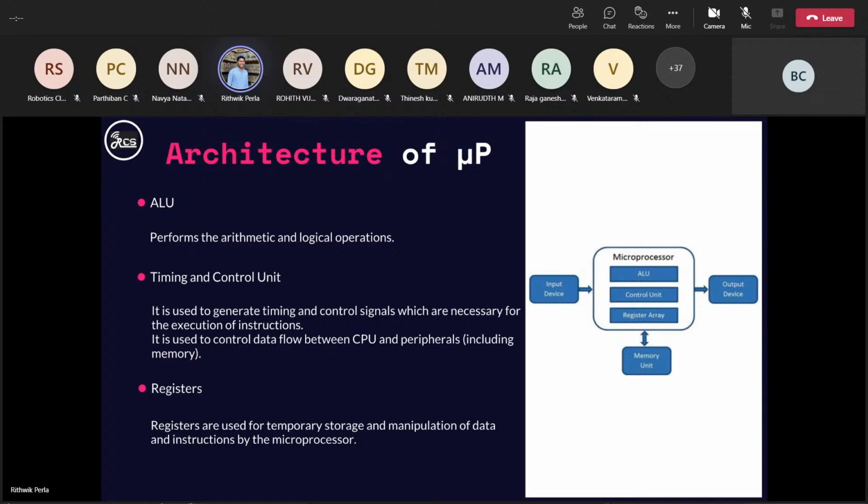And the timing unit. The timing unit waits until the first step has been completed. After that is done, the timing unit will send the second step, the second instruction. So it won't collapse. It will go in a sequential order without any disturbance or hazard. So that is the main function of the timing unit.